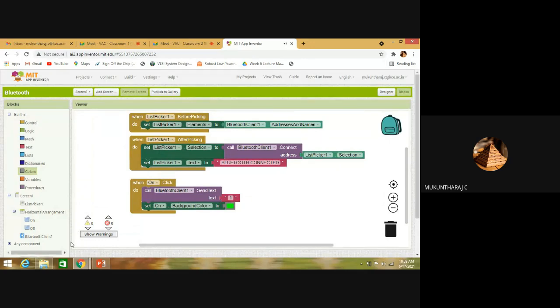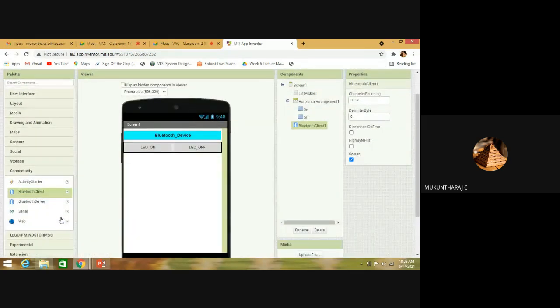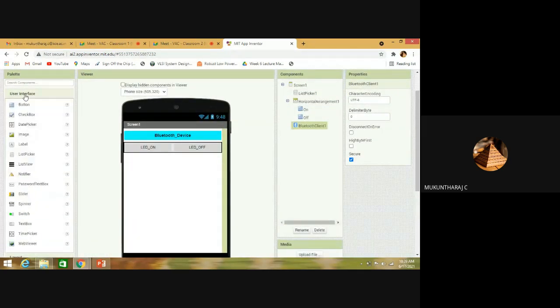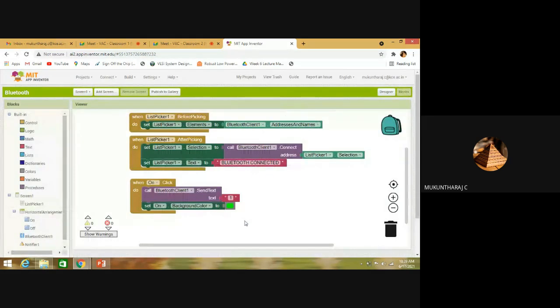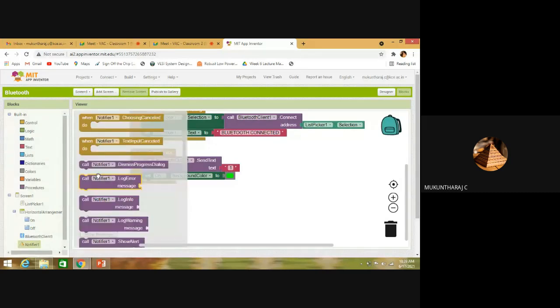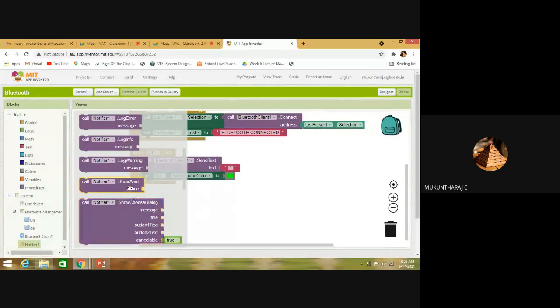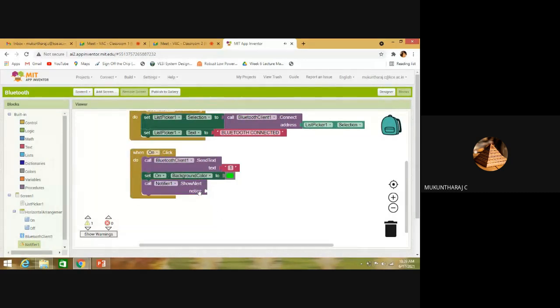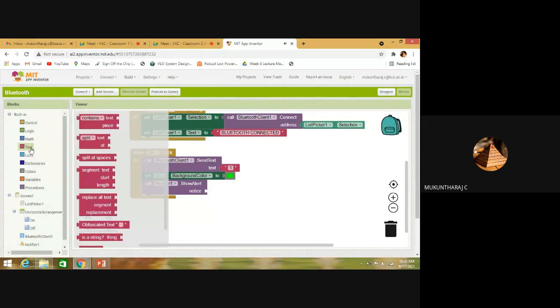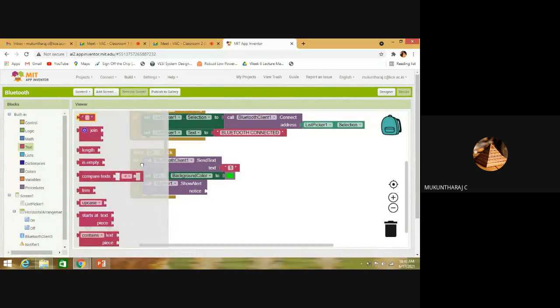Then we use the notifier, right? Sorry, we have not picked the notifier component, so we need to go to user interface, notifier. Notifier is also a non-visible component. Coming to blocks, I need to click notifier. When button one is clicked, it should give an alert notice of LED turned on.